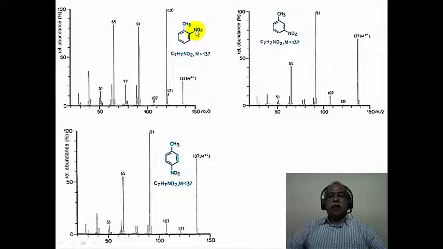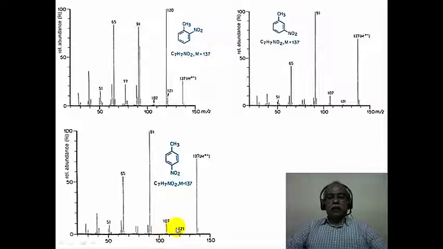This is illustrated in the example of ortho-nitrotoluene, meta-nitrotoluene, and para-nitrotoluene. Ortho-nitrotoluene loses a molecule of water. The molecular ion is 137, for example. It loses 17 mass unit, which is an OH loss. The OH loss essentially comes because the oxygen and the methyl hydrogens are in close proximity in the ortho-substituted derivative. So that loss is registered at 120, and this is a base peak corresponding to the structure where you will have a CH2 double bond, N double bond O kind of a structure. In other words, an ortho-quinoid structure kind of a thing you can write for the 120 fragment.